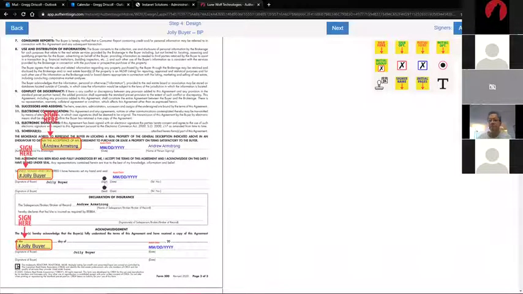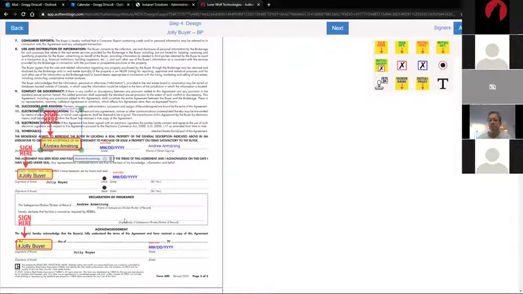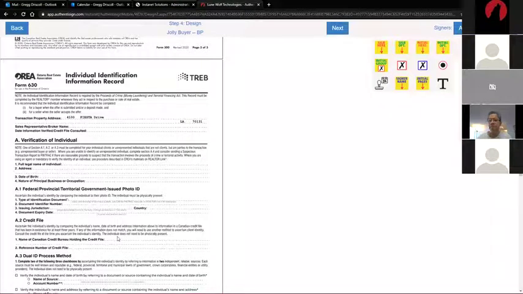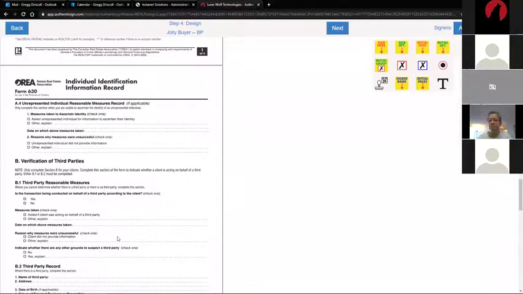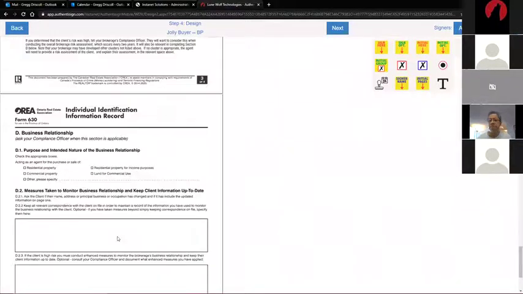And I can even do that again. Click, gear circle to copy, right click to paste, right? If that's a benefit. I just like the copying and pasting feature, so I use that occasionally. Maybe I'd move that date, maybe I'd move it to the acknowledgement date, whatever would be appropriate there as I continue to scroll through. Just confirming where AuthentiSign has pre-tagged and where I need to drag and drop or paste or add additional features,